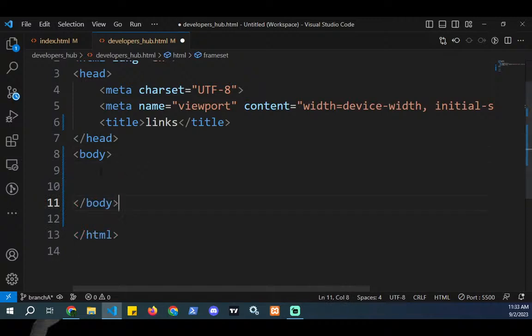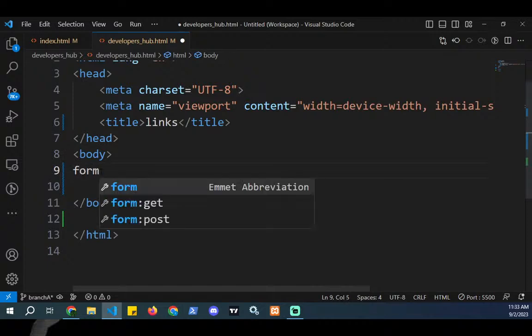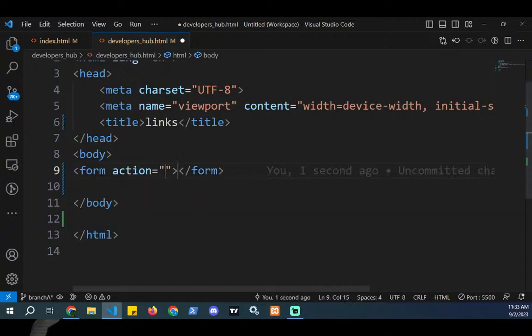Okay, so now let us create our form. The first tag you write in a form is form. So to start it, you write form, and inside the form there's what they call an action. An action specifies which file or which code is responsible for processing whatever it is that is inside the form. A form is used to collect data